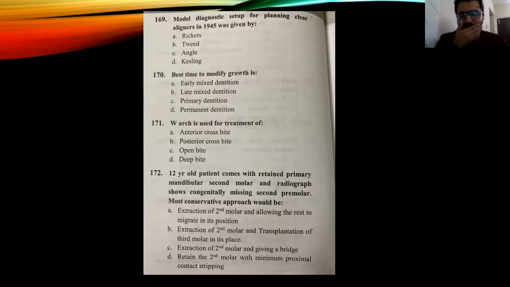Remember that chin cup can only stop to a certain extent. It will just rotate your mandible down, or the mandible will start growing from behind in the fossa. You cannot just stop mandibular growth. Nasal bones will finish growth earlier. Whatever structures are present on the top will finish growth before this. But your nasal cartilage will grow later on, not bone as such, but your nose will have a nasal spurt in boys. In females, it will stop around 11, 12 years. In males, you will have a growth spurt around 12 to 14 years of age.